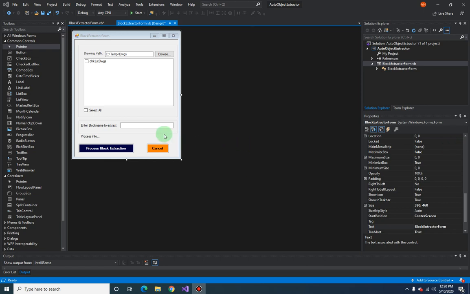Let us continue building our Auto Block Extractor or Auto Object Extractor project. But before we start coding, let us first analyze this form here, the user interface. Let's identify what are the triggers that we need to code. So the first one is, since we have a default value here for the path of the drawing,